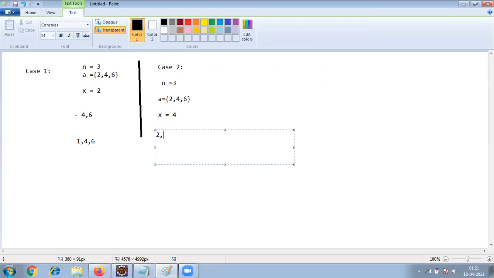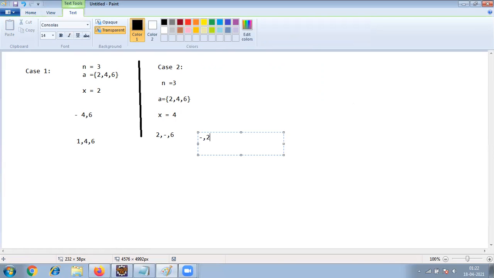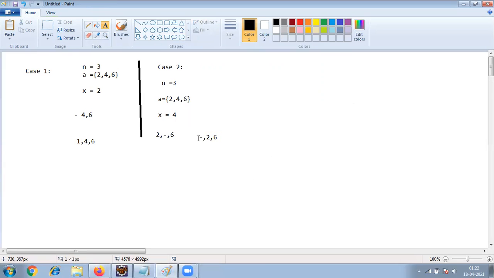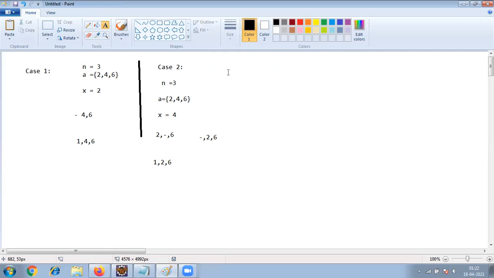You have to remove 4 here. After that, 6. They are saying to move all elements to the right side. So then what will happen here? You will get 2 comma 6. So you have to fill this empty spot with 1. So finally what will you get here? 1 comma 2 comma 6. That is the output.